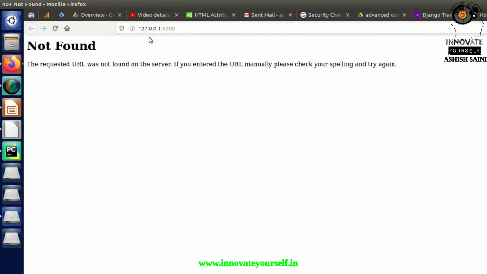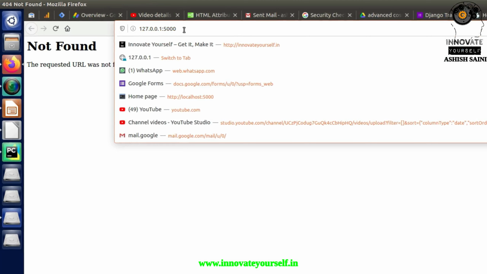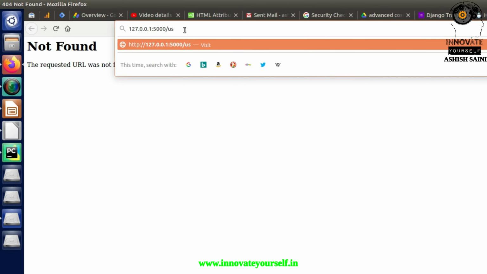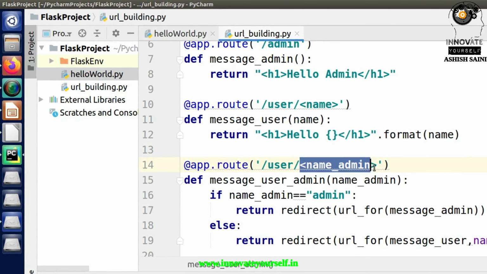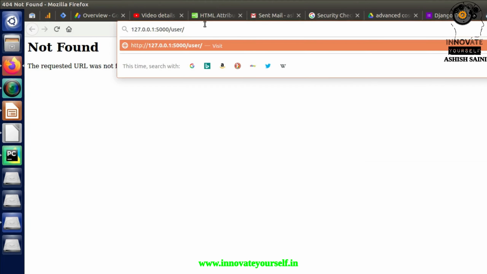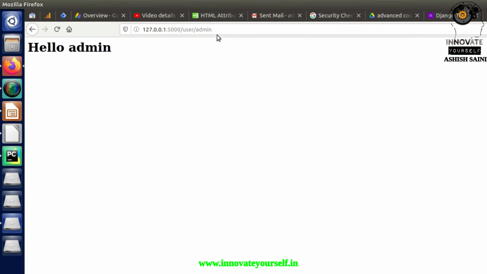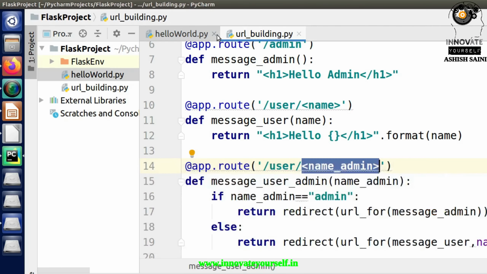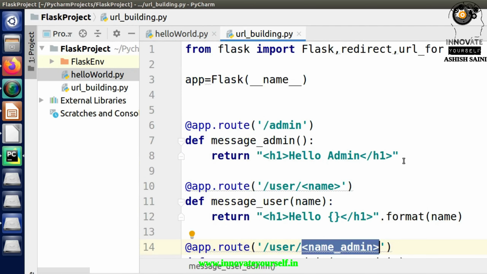Here it will not show you anything just because I haven't created any home page in this scenario, right? So I have to put user, and as per that user I have to pass the value. Here you can see what I have done is I have created the routing for this user slash, after that just put the value, and the value will be, for now let's check for the admin part. So I'm checking for the admin. What is the output? Hello admin, and that it has called as per this part.